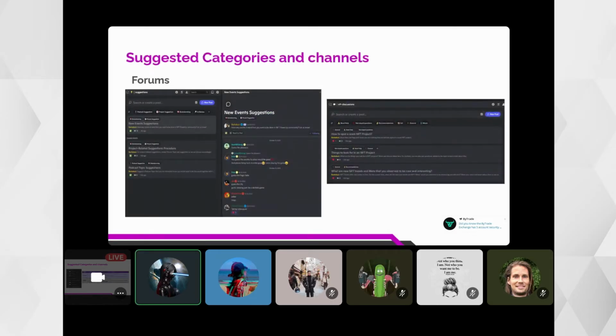So with the forums, the difference is actually how it's built. It's built like an actual forum. So, for example, if you have an idea or a suggestion, as a community member I can create a new post. For example, I want to suggest this thing.